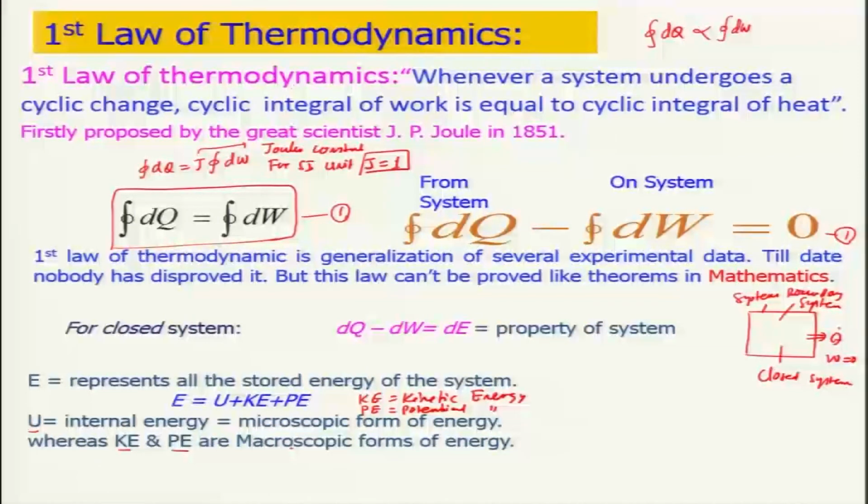Both together we call the total energy, and that is balanced with the heat interaction between the system and its surroundings, and also the work done. What it states is basically that the heat interaction minus the work is equal to the change in total energy of the system. So, this is about the closed system, and we will be discussing the open system in the next lecture,